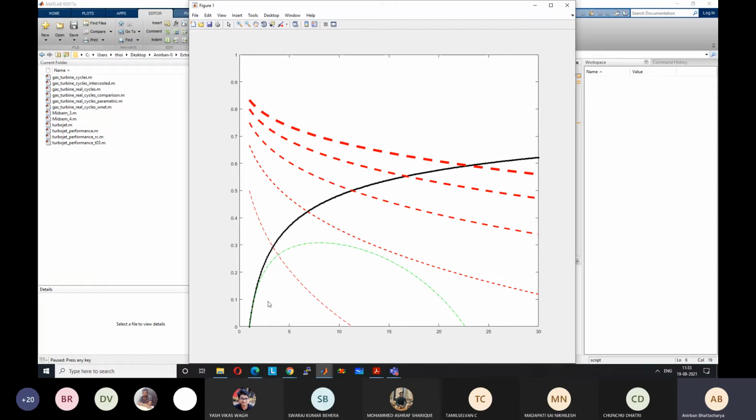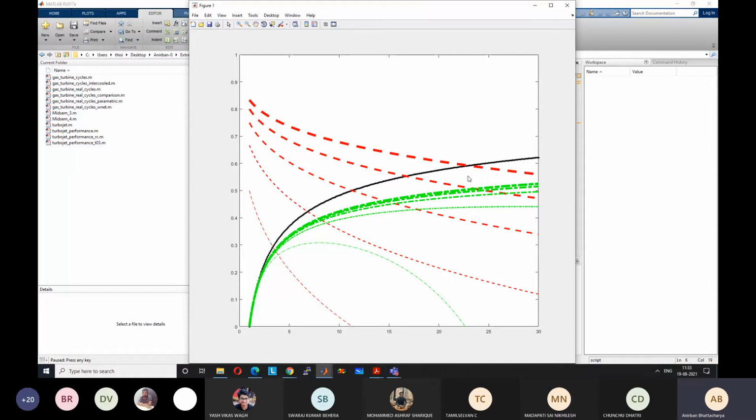These are for the reheat cycle, this green line. This is for T equal to 2, 3, 4, 5, and 6. You can see that they are not changing much. If I add T equal to 7, 8, which are not practical, they will still come very close to this line. So there will still be a big difference between the simple Brayton cycle and the efficiency of the reheat cycle. It is much lower than the simple cycle. Much lower means it is significantly lower, not drastically lower.